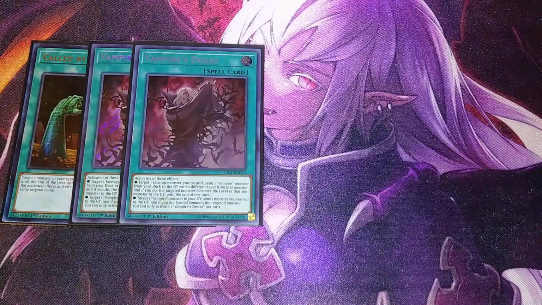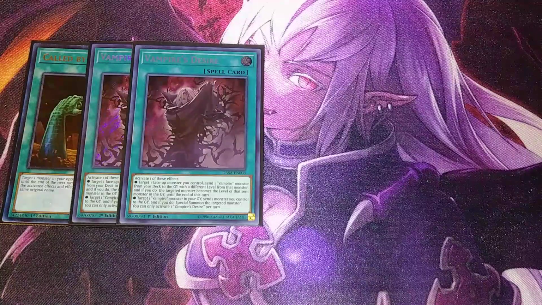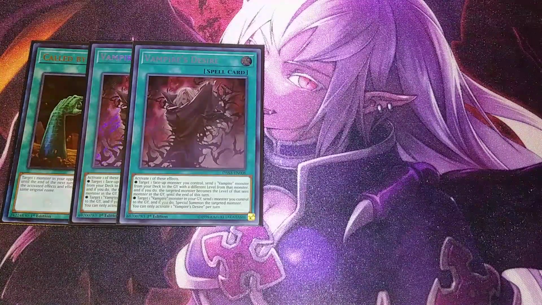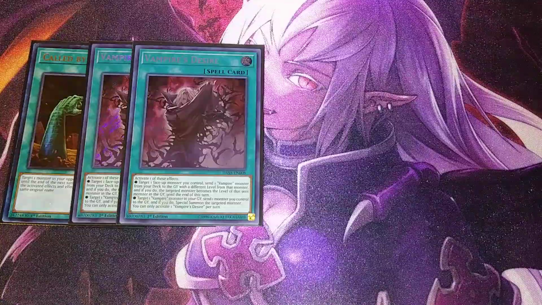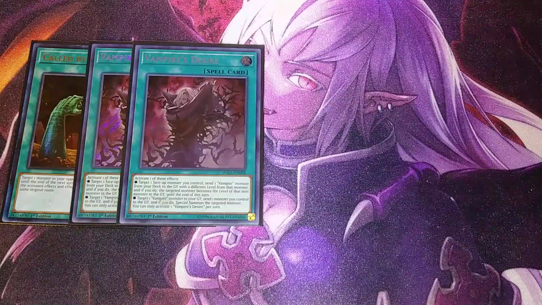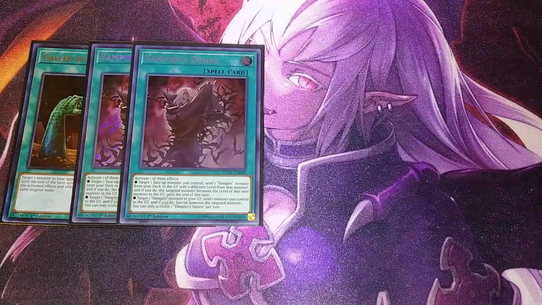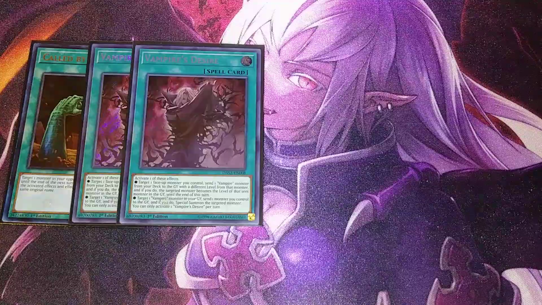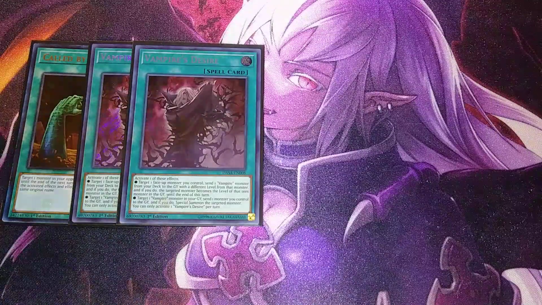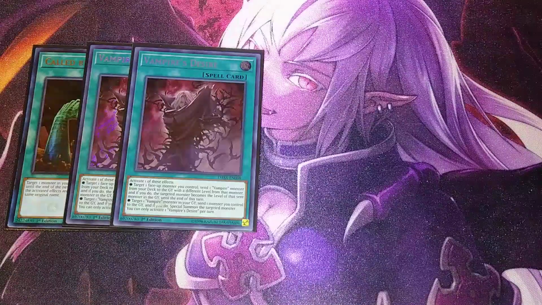2 copies of Vampire Desires. Vampire Desires is pretty good, because you get to target a face-up monster you control, and then you send a vampire monster from your deck to the graveyard, and that monster becomes the level of that vampire that you sent. So if you don't have another copy of, say, Vampire Lord or any of those monsters, you can level manipulate